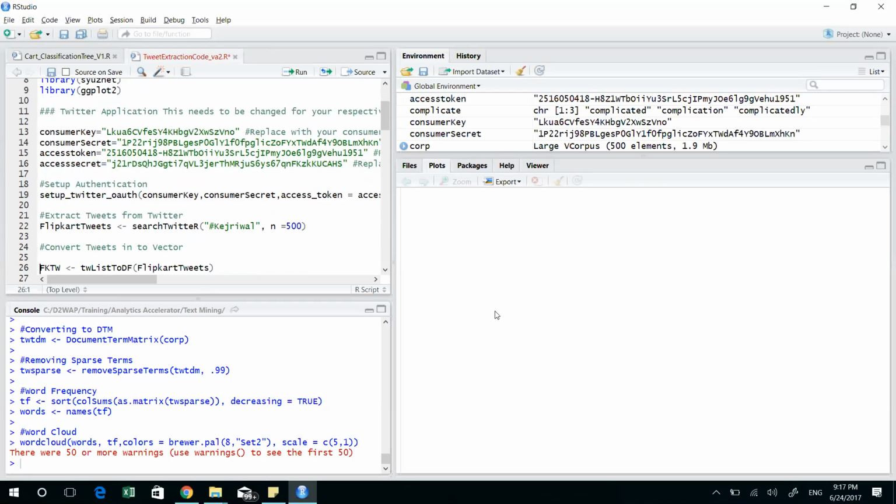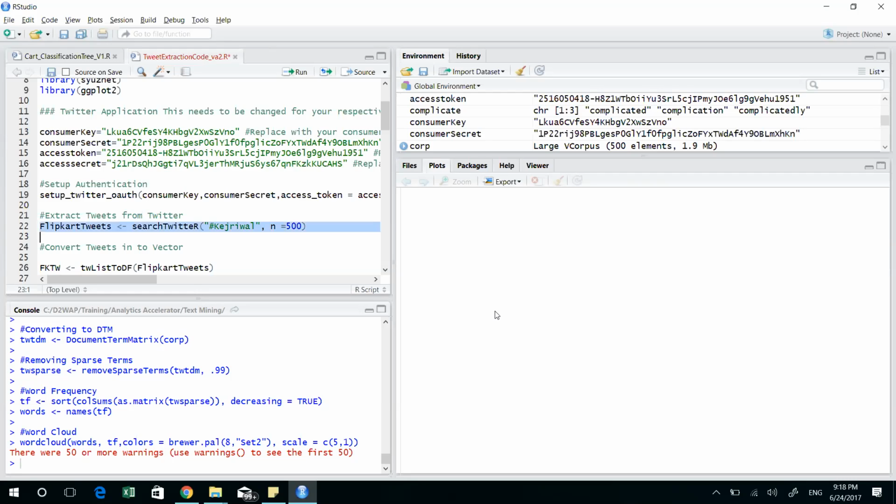Great. Now, I think Jag Group is also asking, how do you get the consumer key, customer secret, and other variables mentioned here? Jag Group, there is a way to get that, and that is what we'll cover in our lecture on text mining and text analytics. Right now, what I'm focusing on is just to show you what kind of outputs we get out of it. Once you're in class and we get to the text mining lecture, you'll understand how to write the whole code and how to get all these consumer keys and secrets and all that stuff.